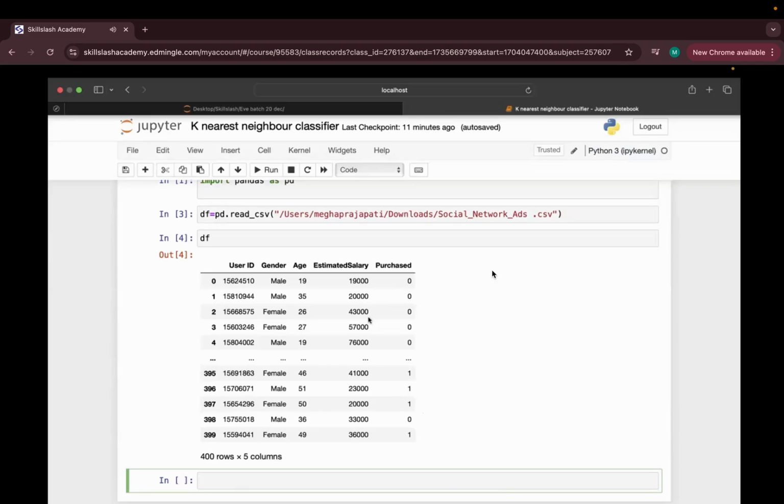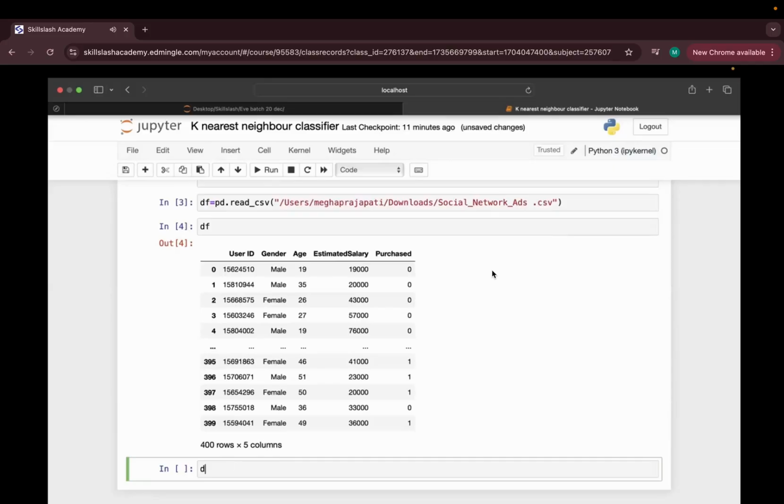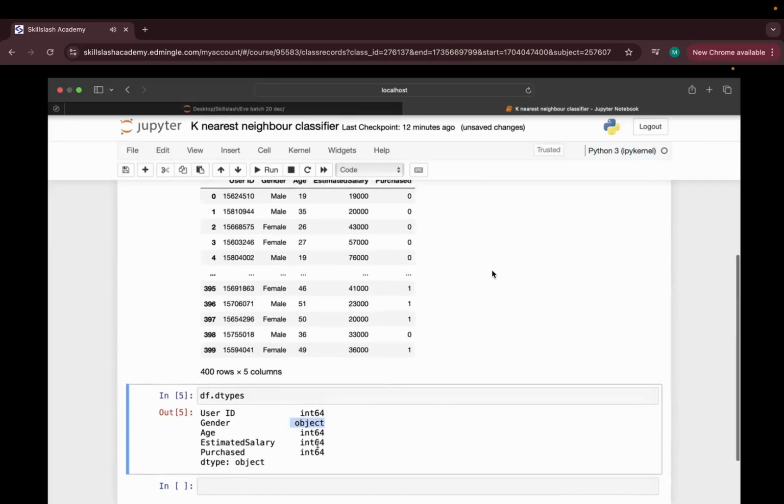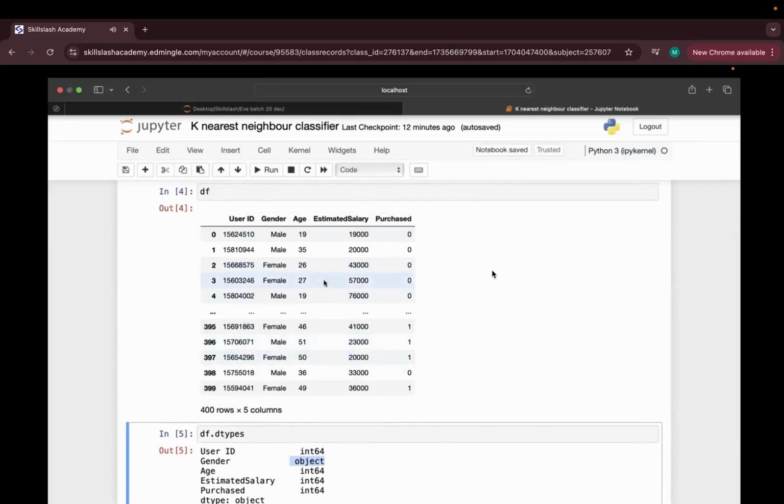Okay. Now, let's do one thing. Let's check the data type. I'm simply writing df.dtypes. You can see user ID integer, gender object, age integer, estimated salary integer, purchase or not integer. Now guys, is it somewhat looking like your loan data set? If you find the relevance, you will find that in your loan data set we were talking about, the user ID was there, loan ID, the name of the customer was there. Here we are having one gender. Age was there, and the estimated salary, or the loan amount in that case, were there.